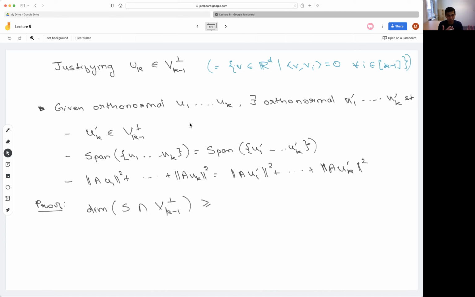So without loss of generality, if we are given u1 to uk, we can prove our claim for u1 prime to uk prime because the value of the objective is the same for them. We will have also proved the inequality with this term on the left if we prove it with this term on the left. But when we work with this term, we have the nice property that uk prime lies in this space, and so our proof works. Any questions about the statement of this claim? We'll prove it in a minute.